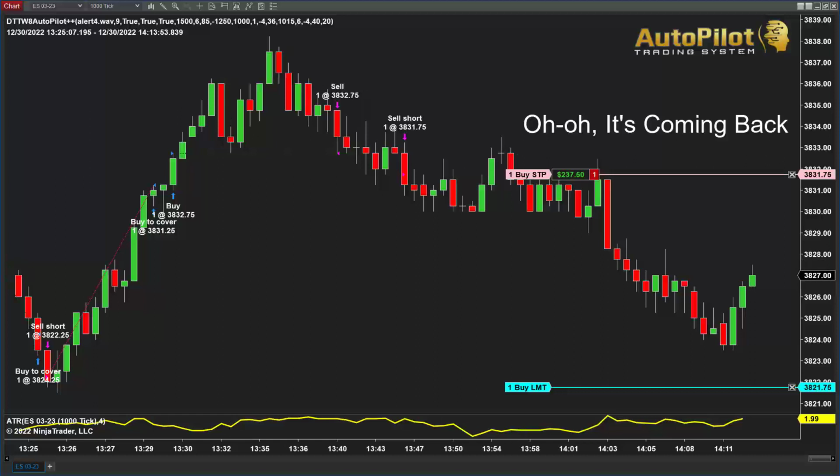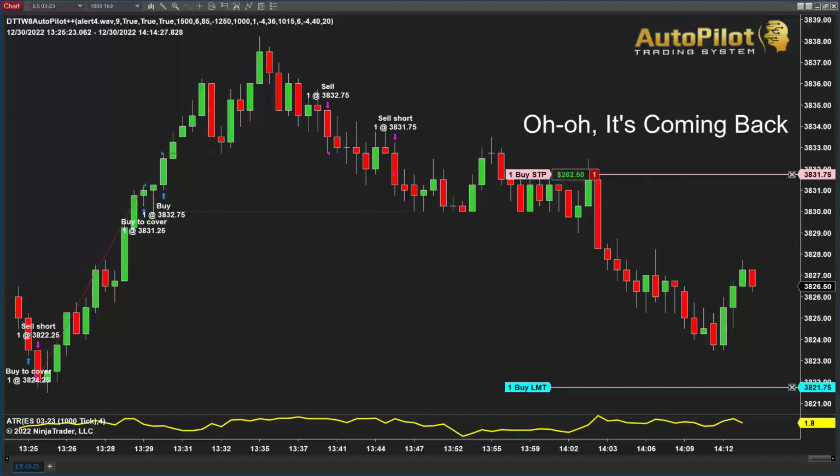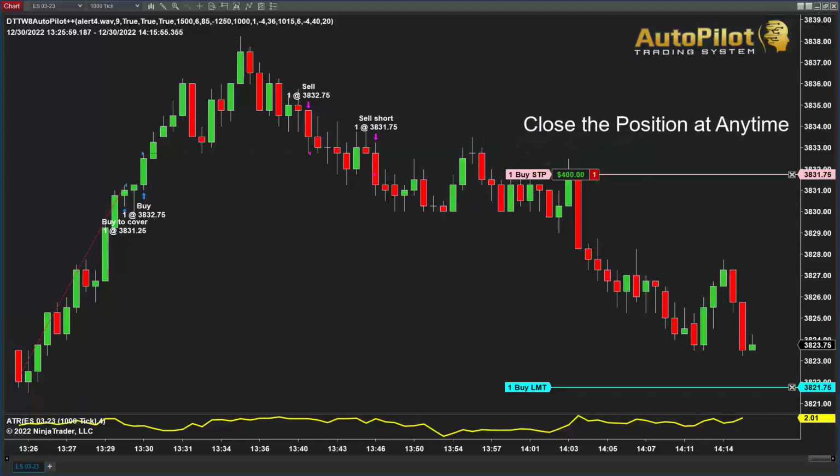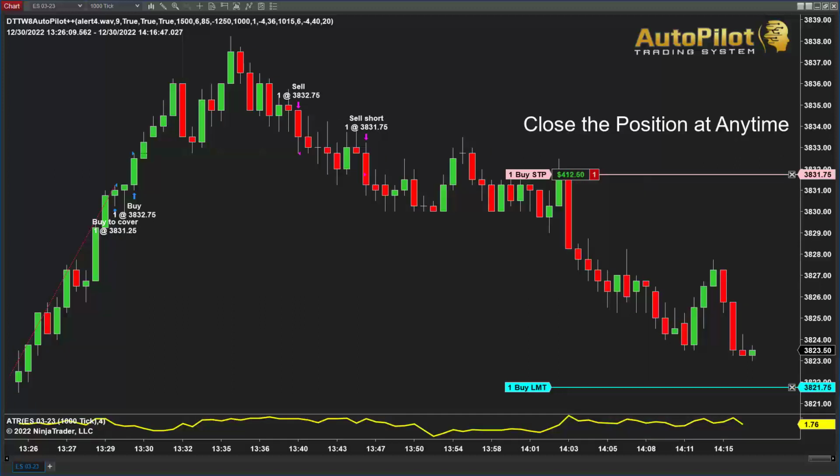So let's say you walk away, you're on a phone call, you step out of your trading desk or your office or wherever you're trading, you walk away. You don't have to be concerned with the market going at this point against you. So if you want, close out the position. In the chart trader, you can click close, or you can move your target to where the market is trading, or